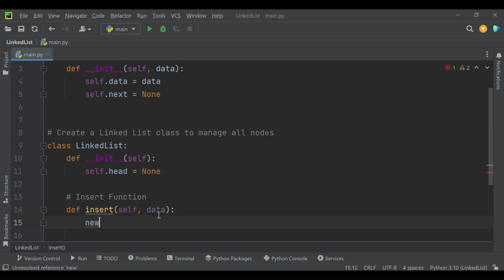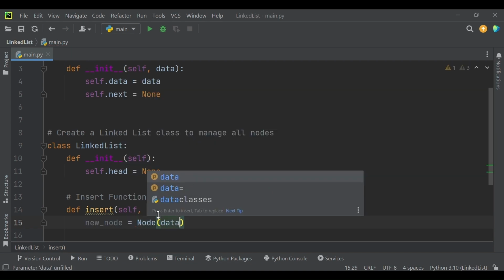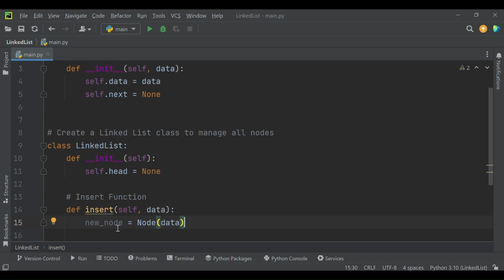We will create an object of Node type, let's call it new_node, equal to Node and pass here data. So we will create a new node and new_node is an object of Node type. Node is the class that we have defined above and we will pass here data that we want to store in this new node. So every time we call this function, we are creating a brand new node with the data that we pass in.